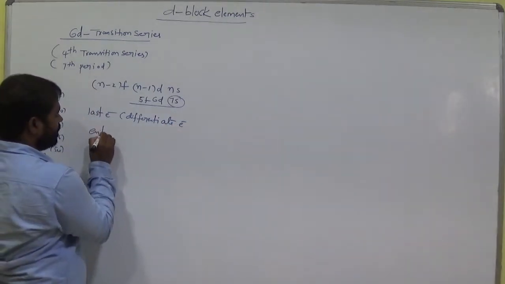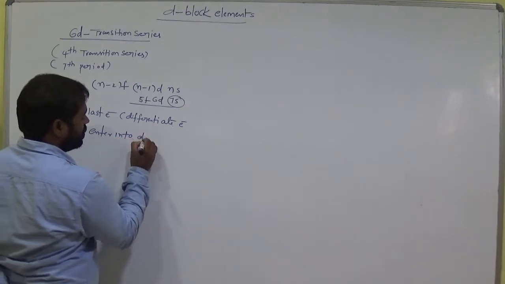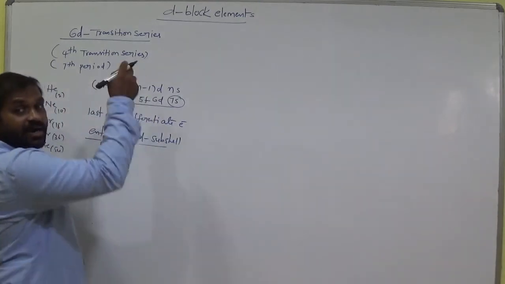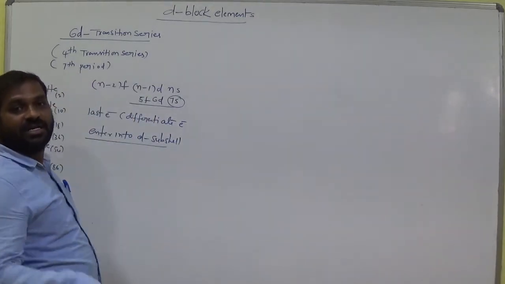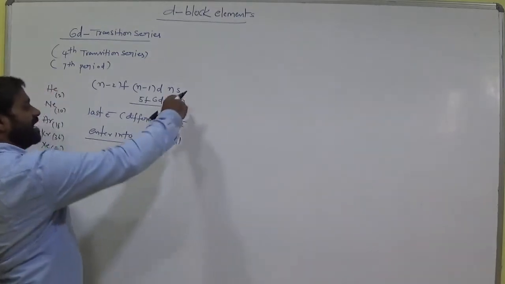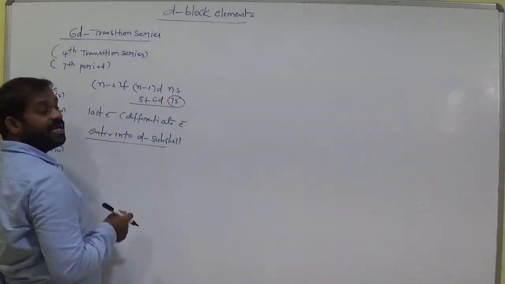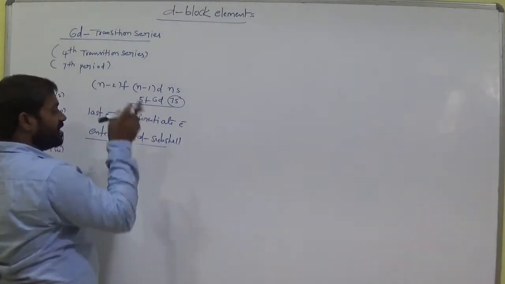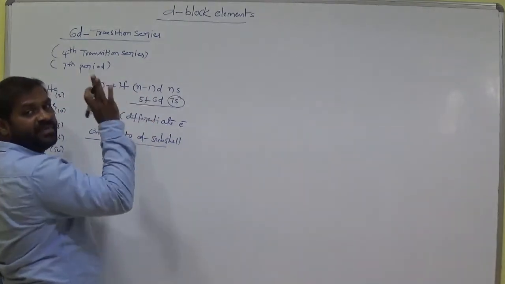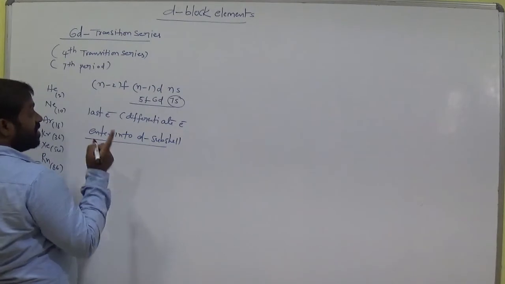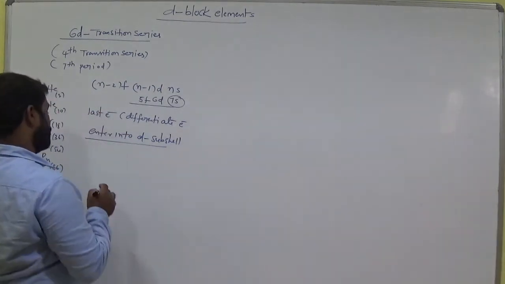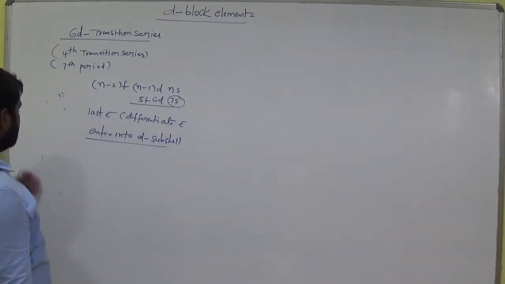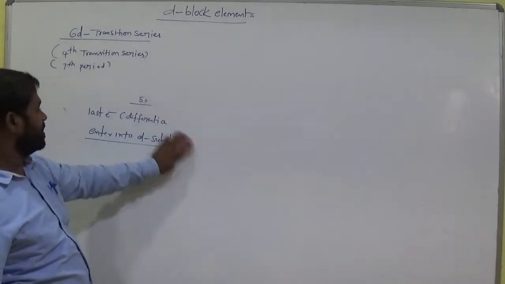enters the d subshell. When the differentiating, last electron enters the d subshell, we call it a d block element. Remember this. First the electron enters s, then f, and finally the electron enters 6d. So the last electron enters 6d, and we call it a d block element, not an f block element. Remember this. The last electron enters d here. Is it clear so far? So radon, 86. Remember this. Why? Because here we write the electronic configuration.